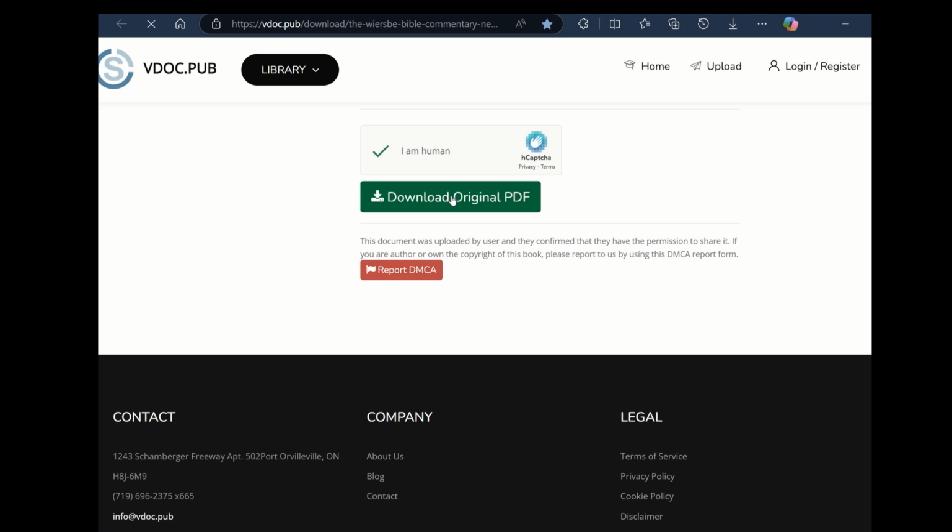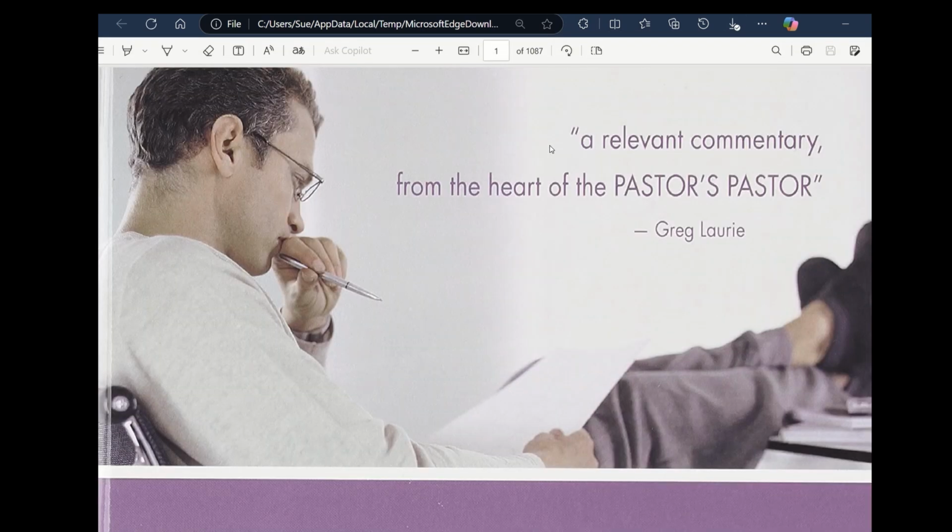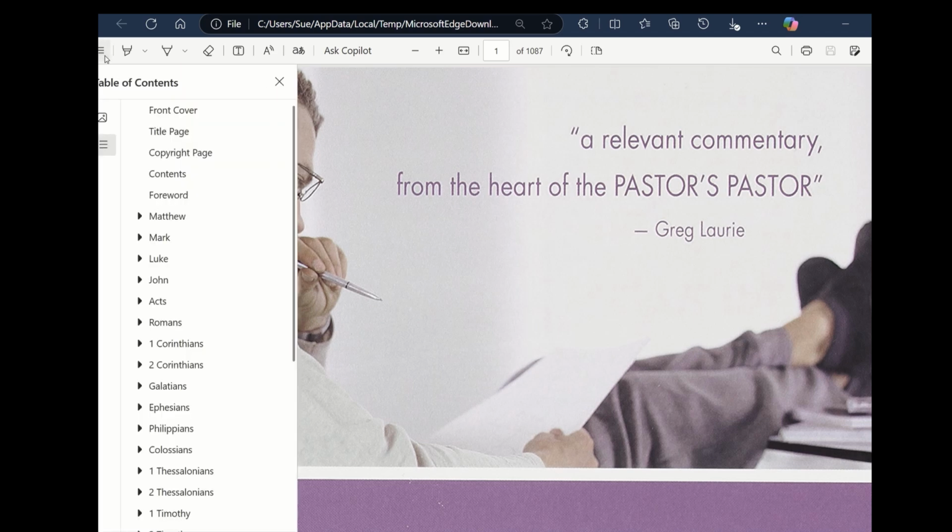And so this one here is just a download. You don't have to register or anything on this site. You can either save it in some place where you can always find it, which I like to do, but in this instance, I'm just going to open it. The one nice thing I like about this is it's in a PDF, and if you go to the left upper corner where the 3 lines are, if you select that, and you can't see all of it, but there's 3 little dots as well, it will give you